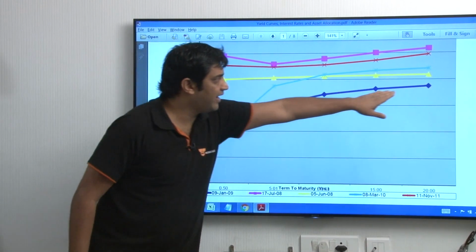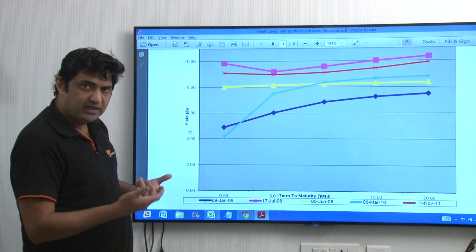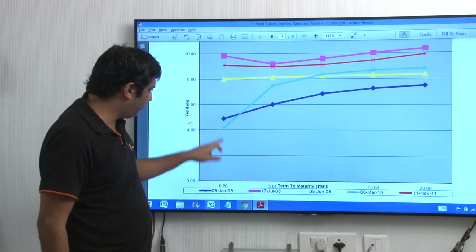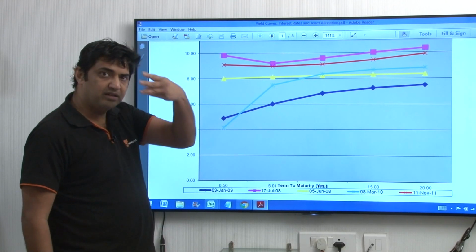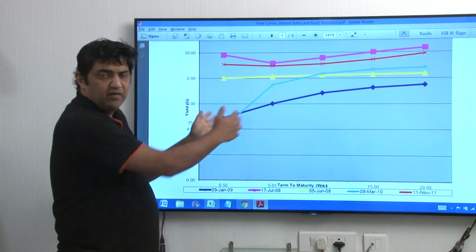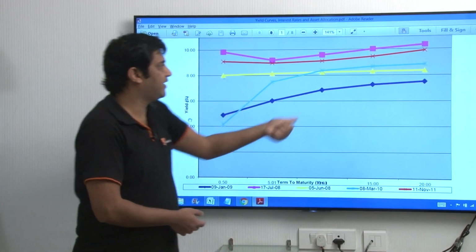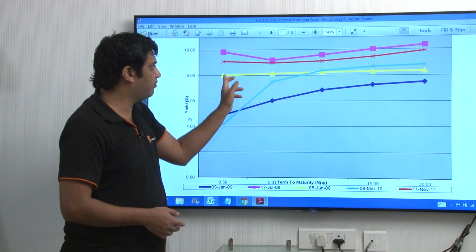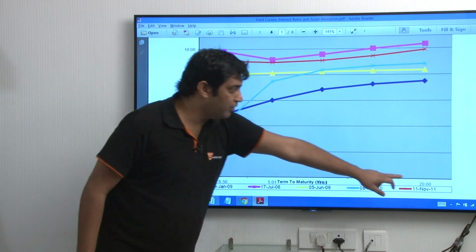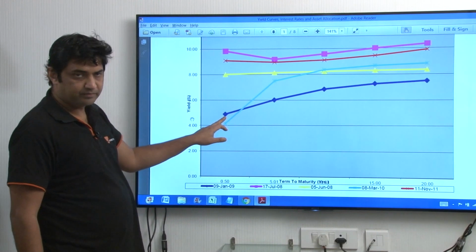So when you have this kind of a yield curve, it's a normal yield curve. There's a difference between the interest rates. For 20 years, you are getting, let's say 8%, and for half a year, let's say 5%. So there's a 3% difference between the short term and the long term paper. And this is how it should be. Because in a flat yield curve, if here also you are getting the same interest rate, why will you lock your money for 10 years, 20 years? But here, there is an incentive for you to lock your money for 20 years because the interest rates are higher. So this is known as a normal yield curve.